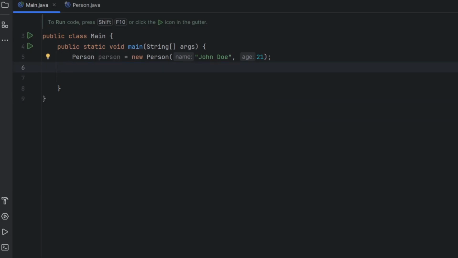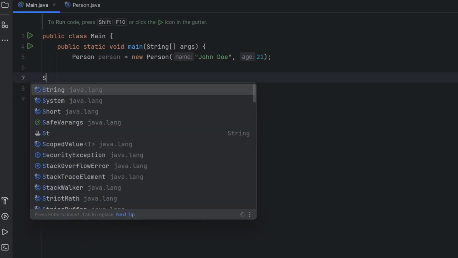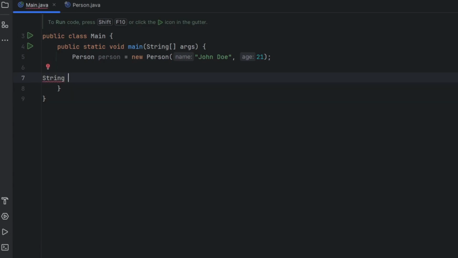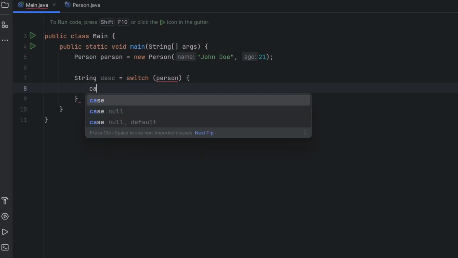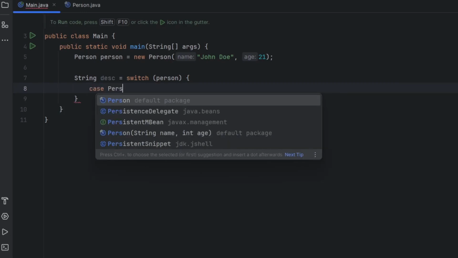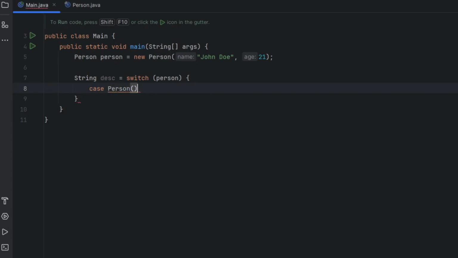I'll keep this person object, and here what I will do is I will use a switch statement, so string description equals to switch, and here I will provide the object which is your person. And then what I will do is I will have a case, so this case is going to be of type person. Here I will provide what do I want to get. Here I want to provide the arguments, so string first argument is your name, and then you have int age,